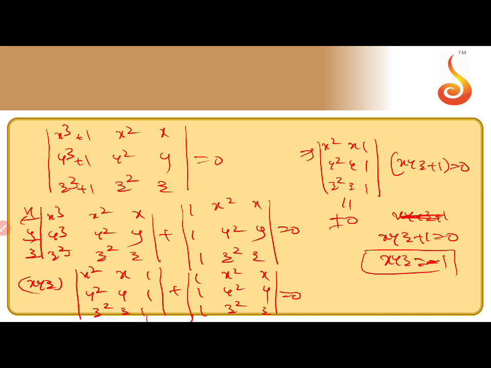I hope everyone understands. So once again, split into two determinants. The first determinant is x cube, y cube, z cube; x square, y square, z square; x, y, z. The second determinant is 1, 1, 1; x square, y square, z square; x, y, z. In the first determinant, take x common from the first column, y from the second, z from the third, and we get xyz times this. These two determinants are identical, so you can rearrange the terms and get the same thing. Now xyz plus 1 is common, so xyz plus 1 equals 0. The value of the first determinant is not equal to 0, so this value should be 0. So xyz equals minus 1.